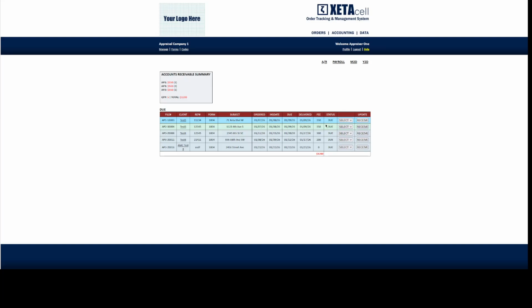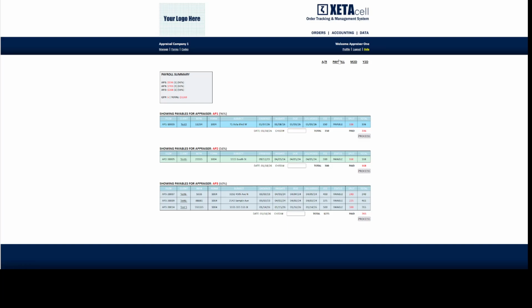For example, client test 3 sent us an EFT payment for $350 for this appraisal. We're going to hit the drop down here and select EFT and click receive. That's going to move that item into the payroll column, which is always viewable under payroll here in the accounting section. You can see the order from client test 3 for $350 is in the queue